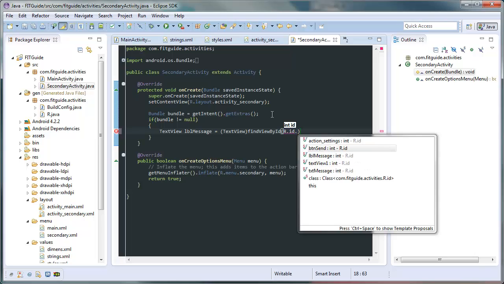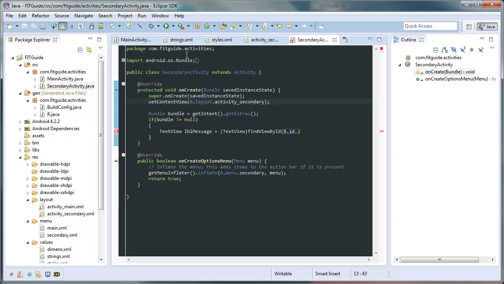Please do not be thrown off by this. You can see I have the send button, I have the txt message from the other activity, and this is because all resources are actually being put together in one place. So do not be thrown off by this. You have to be careful what you are choosing. As you can see here, I haven't renamed my text view, so for the sake of